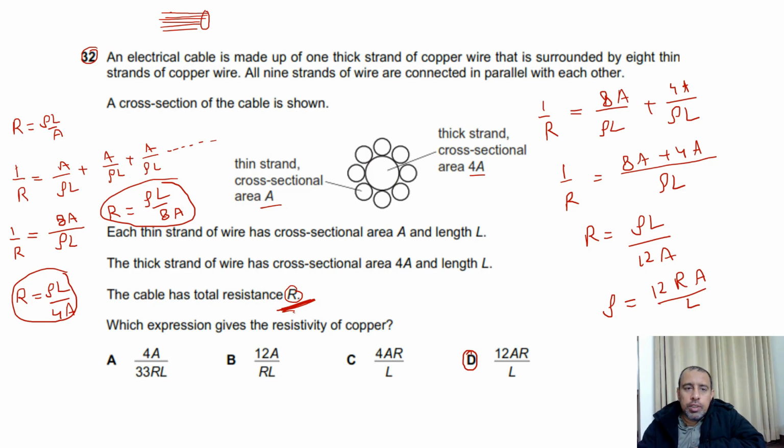Initially the resistance for the sum of the 8 wires is this one, and the resistance for the one thick wire is this one, and their resultant is given as well. They are parallel because we are looking at the cross section. That's why we add these resistances in parallel. So by taking LCM and then reciprocal and cross multiplying, because resistivity is required, that's why option D is the